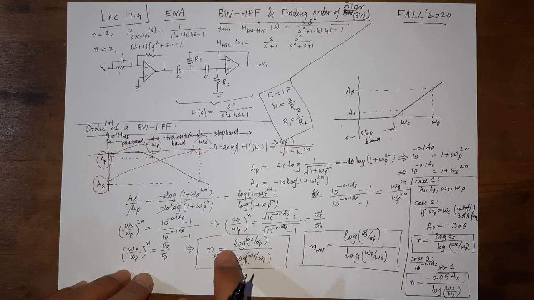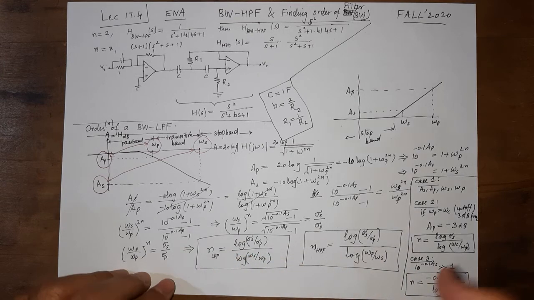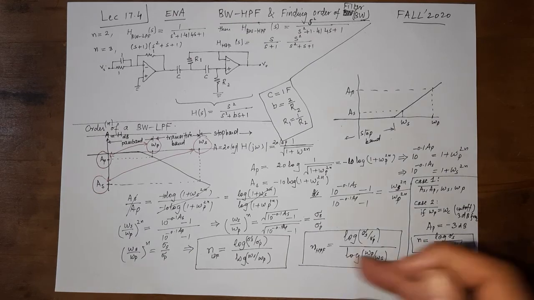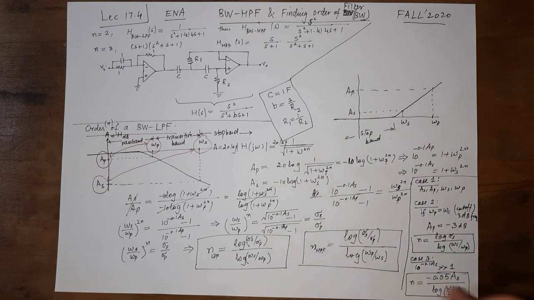If you don't, you can still put it in the formula, you will get the same value, because this is a simplified expression for that particular case. However, be careful: for something to be much greater than 1, it has to be at least 10 times greater, then you can use this formula. Otherwise, stick to the original formula.